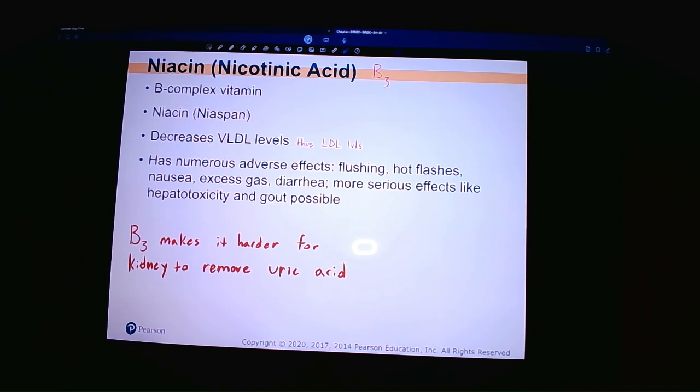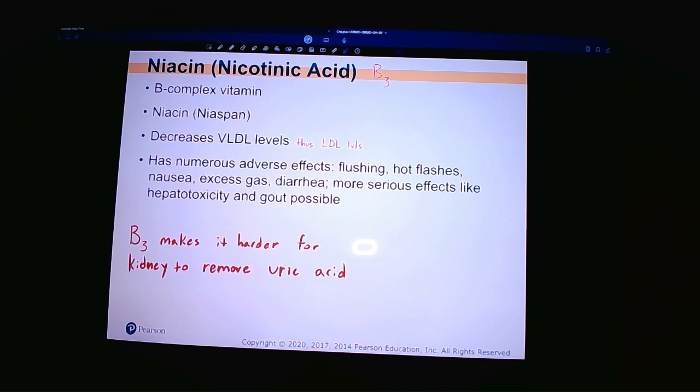That's an extremely high level of vitamin, right? Remember, think about it slowly. We usually need only 25 milligrams, but for the purposes of lipids, you're using 2 to 3 grams. That's a lot of vitamin. And as we've seen before, the more of the med you take, the more susceptible you are to side effects,